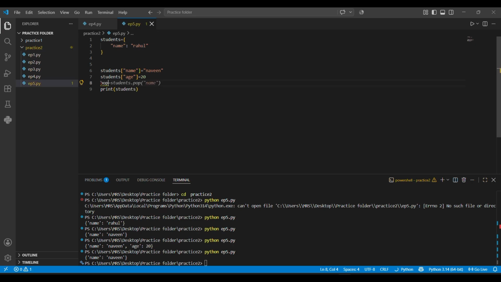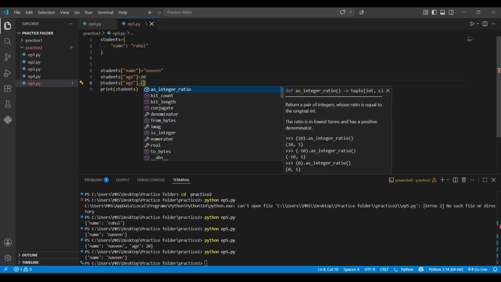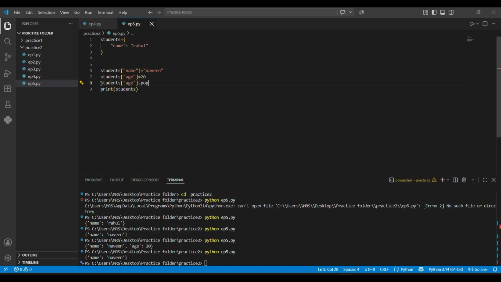pop student age dot pop. So that was one way of doing. Now we can do like student. If I want to remove this student's age, same age, I can remove it like this also, dot pop,